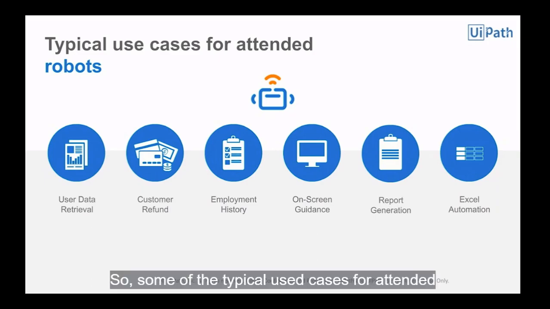So some of the typical use cases for attended robots, those cooperating with humans in the front office. Things like user data retrieval. If you think about a contact center, a customer calling in, based on the number of the customer, it's going to go out and bring back a bunch of different information about that particular contact. Customer refunds, processing a refund. When that needs to happen, they collect a little bit of information and then they can send that robot off